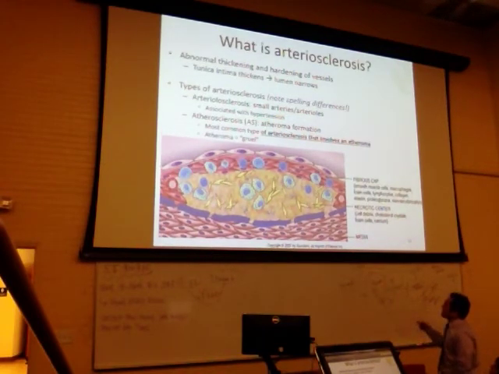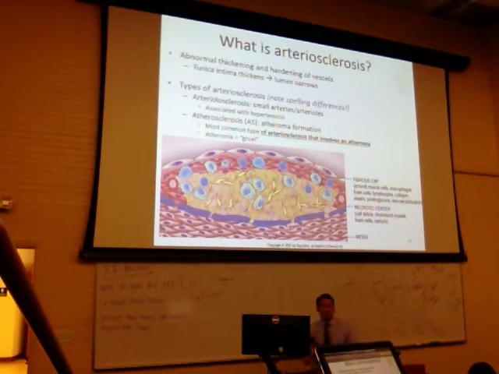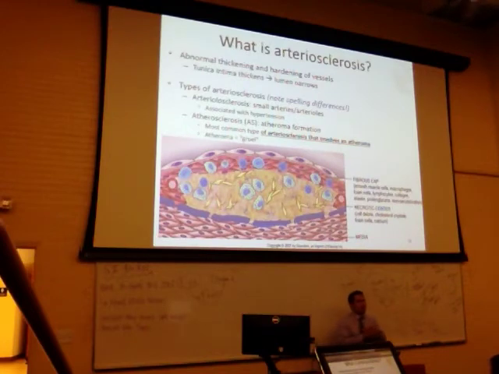The one that is more propagated in the literature is atherosclerosis. And this one forms a plaque lesion, or an atheroma. And this is the one where we often hear about when we're looking at